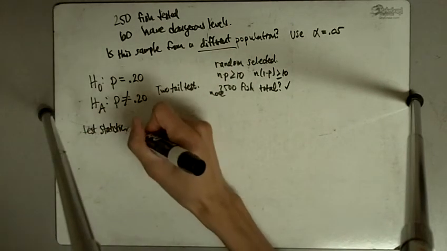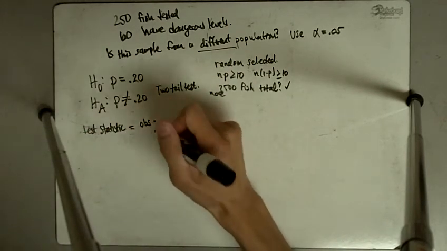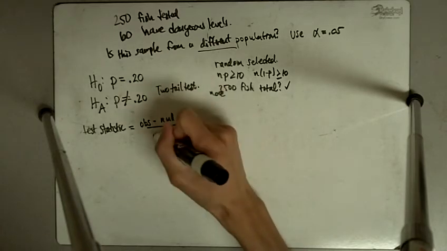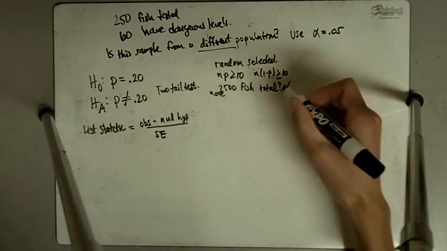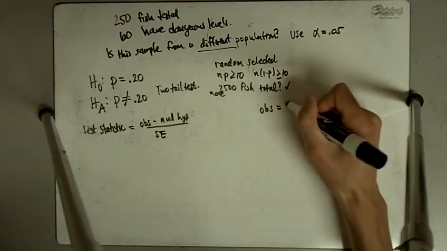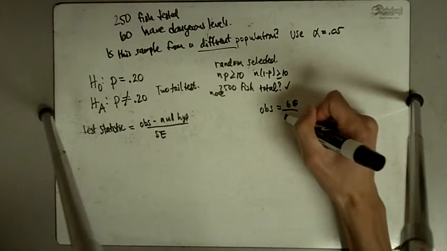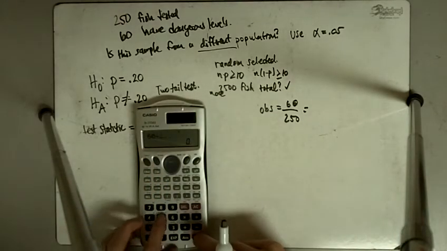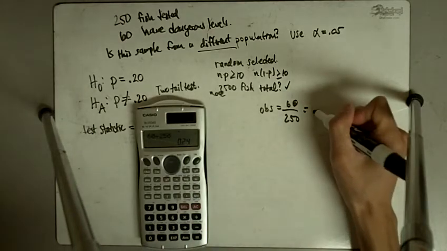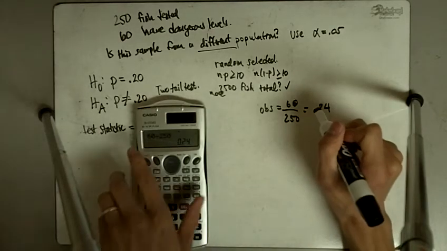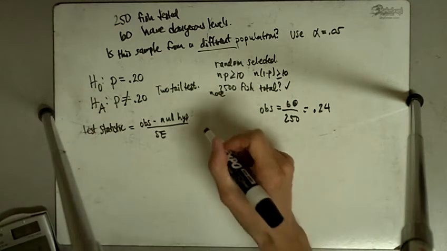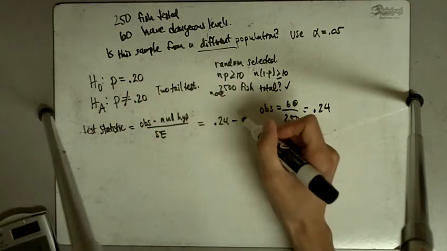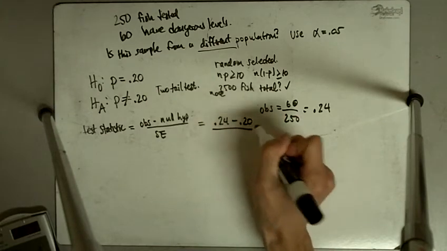Our test statistic is what we observed minus what is stated in the null hypothesis, divided by our standard error. What did we observe? We observed 60 out of 250 fish have dangerous levels of mercury. 60 divided by 250 is a proportion of 24%, 0.24. So our test statistic is 0.24 minus 0.20, divided by